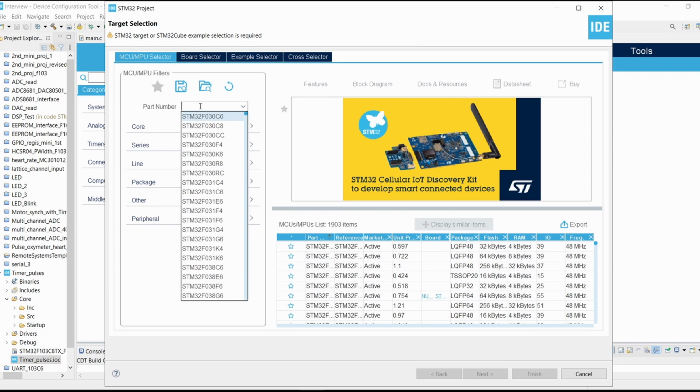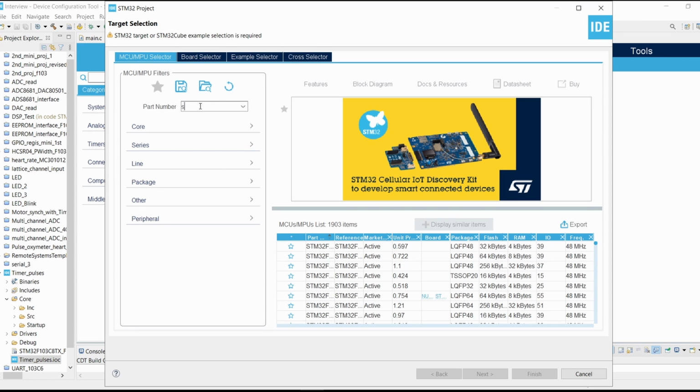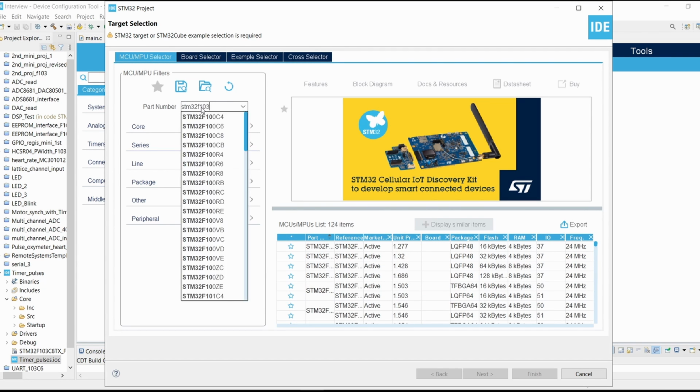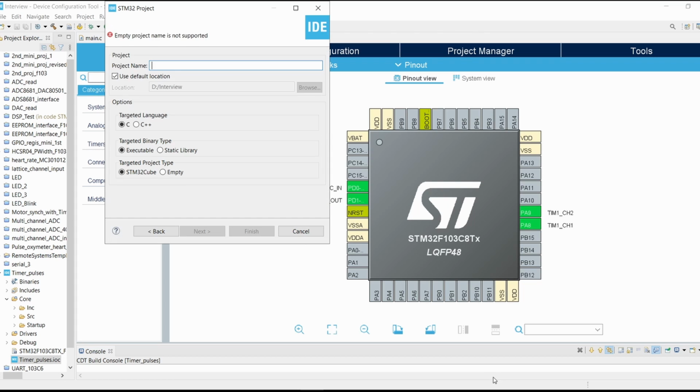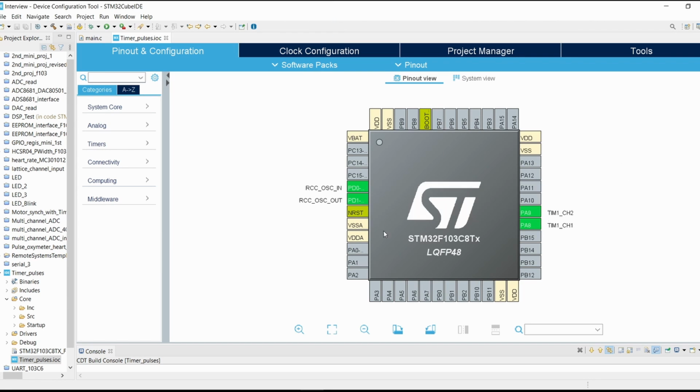In the MCU selector, select STM32 F103 C8 and click on Next. Give the project name, click on Next and Finish. As I have already created this project, now go into pin configuration,